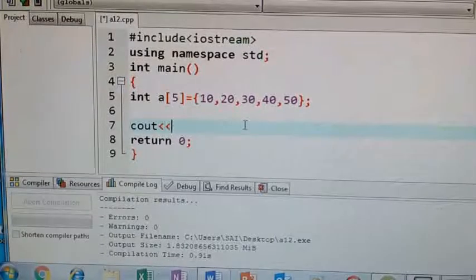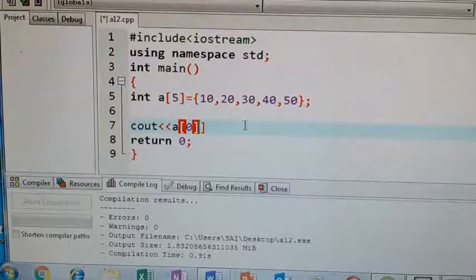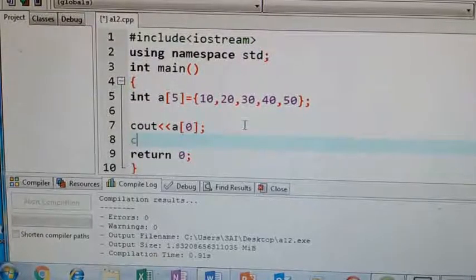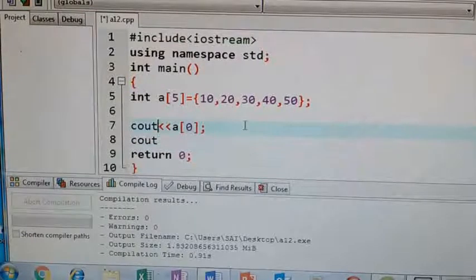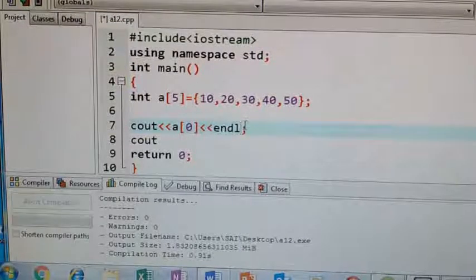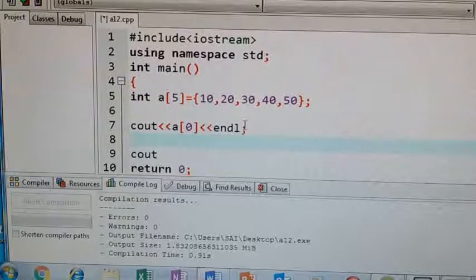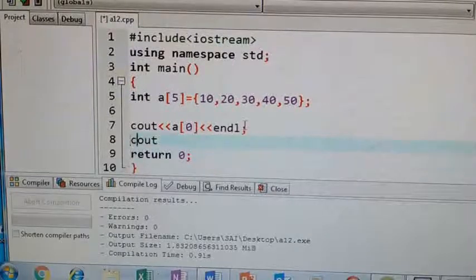cout a of 0, first element. Okay, now next cout, here I will give the endl so that it will be easy for you to see. Next cout second element.